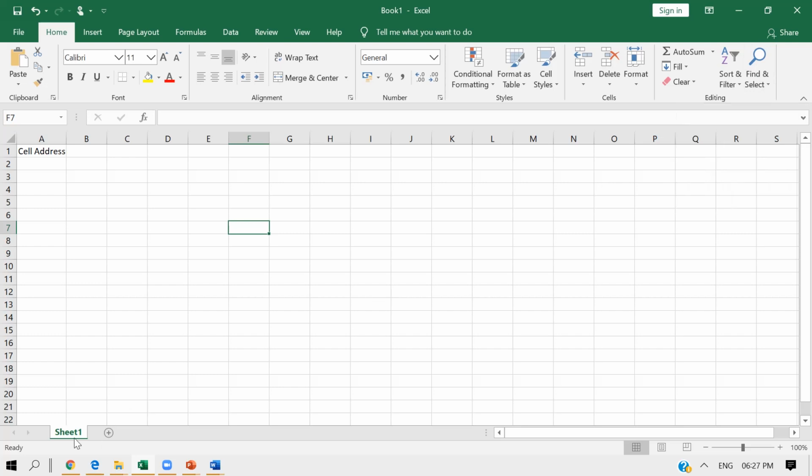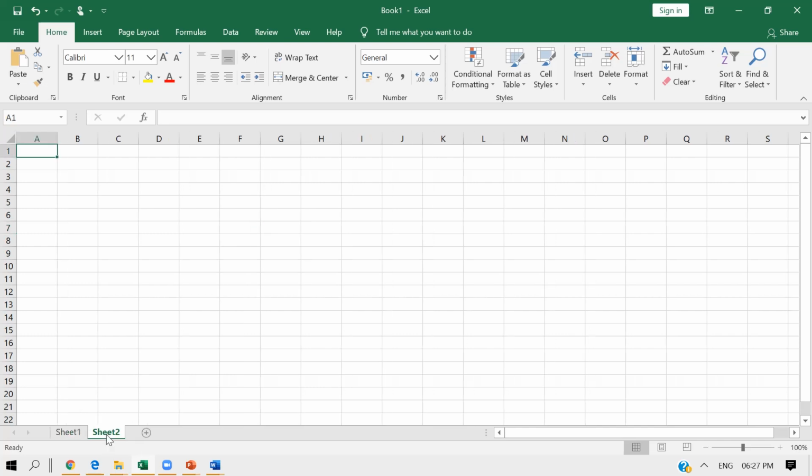Now here we have the list of sheets. By default in the 2010 and 2007 versions of Excel, you will see 3 sheets here. But with 2016, we have only one sheet. If you want to add more sheets, you can just click on this plus button and a new sheet will be added.